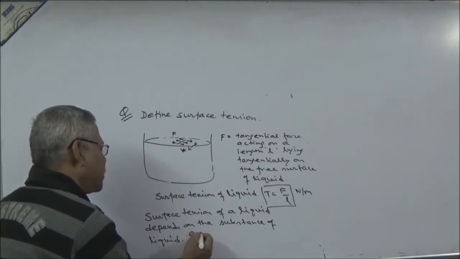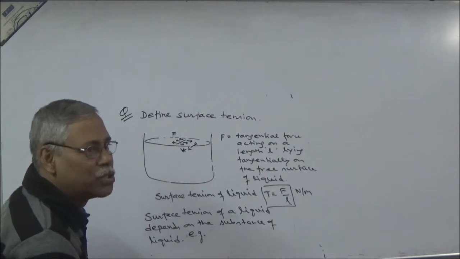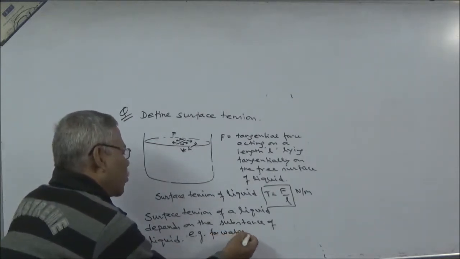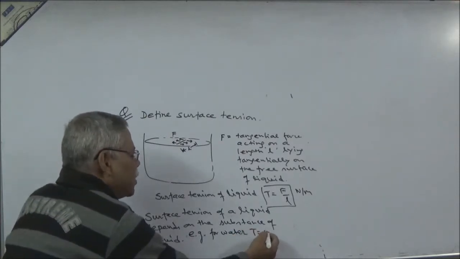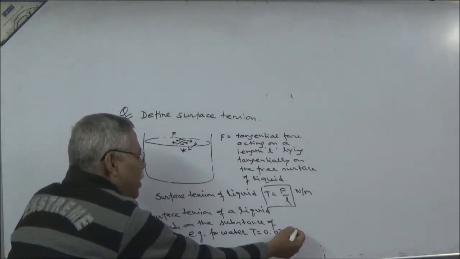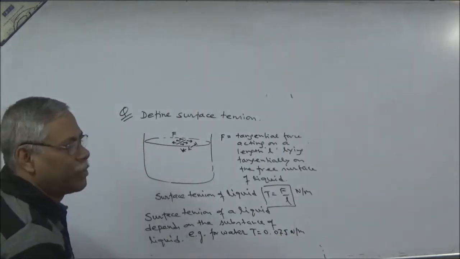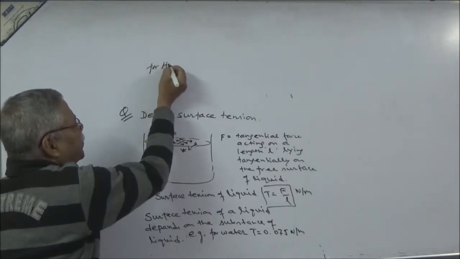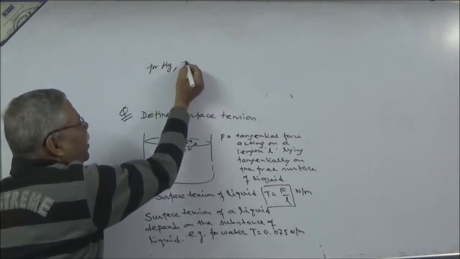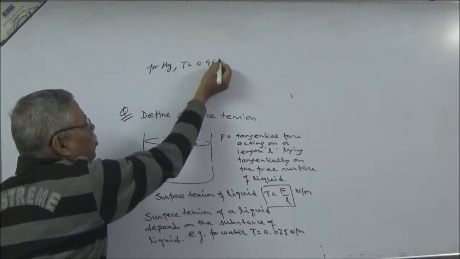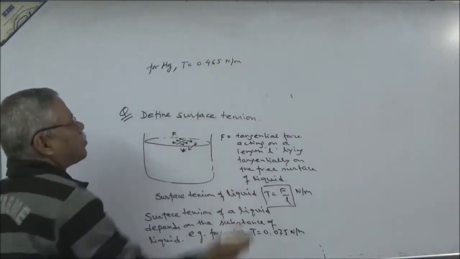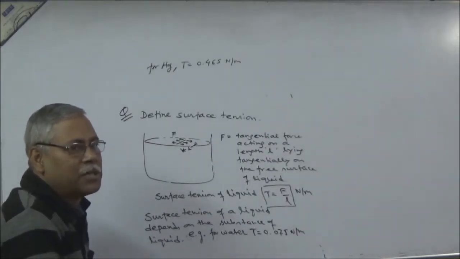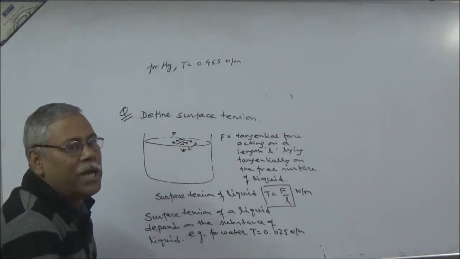You have to memorize these two values. For water, 0.075 Newton per meter. For mercury, 0.465 Newton per meter. So from these two values, can you compare